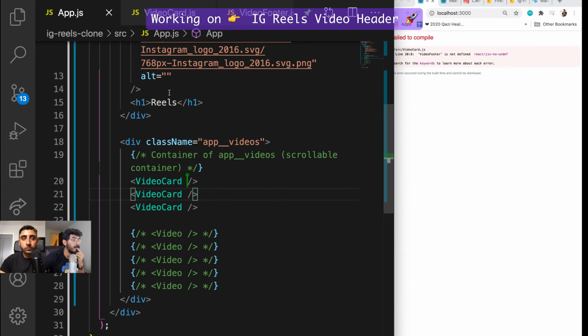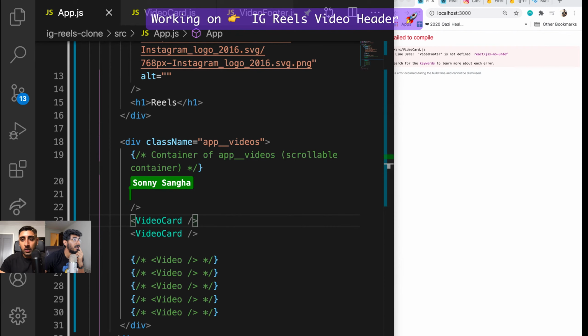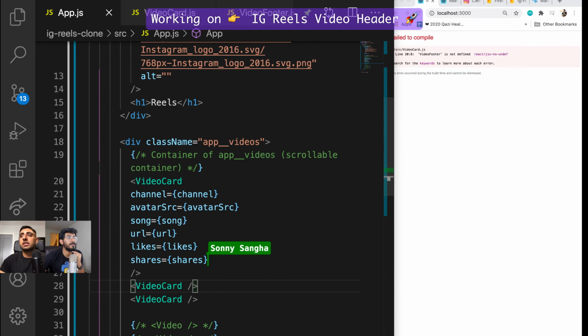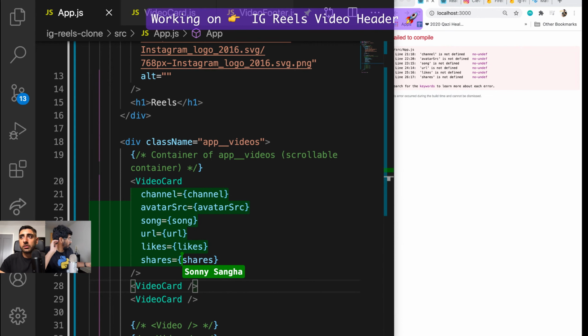Yeah. So what we're going to do is rather than rendering out the video card by itself, I'm going to render out the video card, but show you that we're going to pass through a bunch of props. So imagine these are the props that we're going to pass through: the channel, the avatar source, so the avatar image that you see for the person's account, the song that is currently playing, the URL, and that's the URL of the video, the likes on their account. So if they have 350 likes,